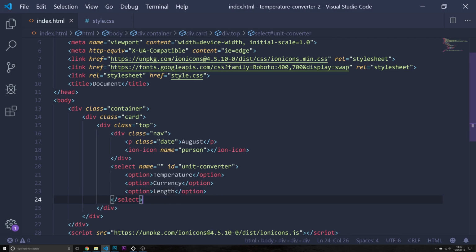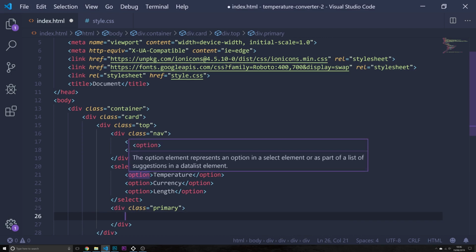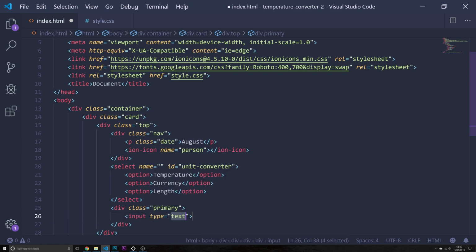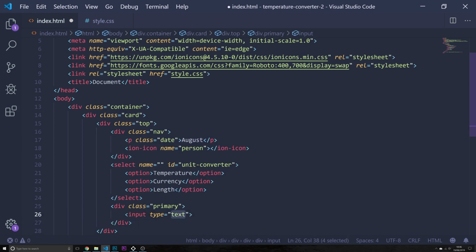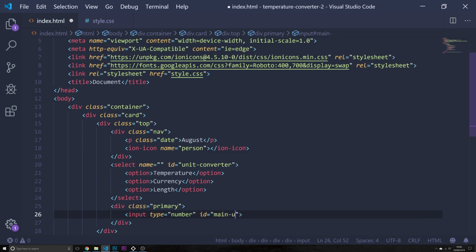Let's add a div in here with the class of primary, because this is going to be our primary input. So I'm going to put an input with a type of number, because you're going to type down some numbers. I'm going to give it an ID of, for example, main unit. So this is going to be a div with an ID of main unit, and then I'm going to create